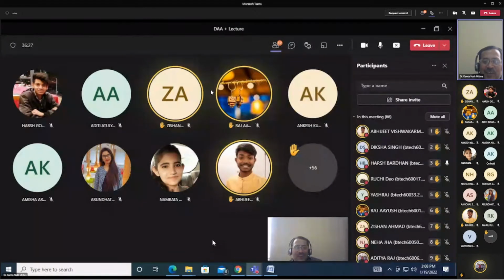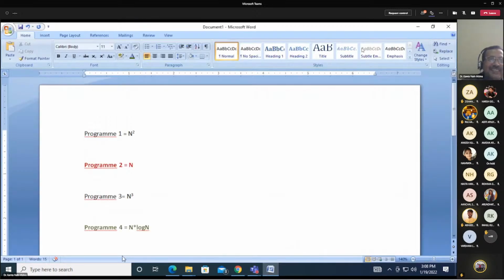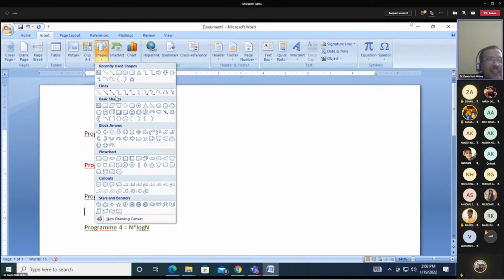Yes, sir. Very good. Abhijit Vishwakarma and you see, I am distributing money free of cost. पैसे दे रहे हैं हम. Abhijit Vishwakarma and Harshvardhan, they are saying that, sir, give us n log n rupees. They have gone for fourth one. They say that, sir, give us n log n rupees. And others, what they say that,